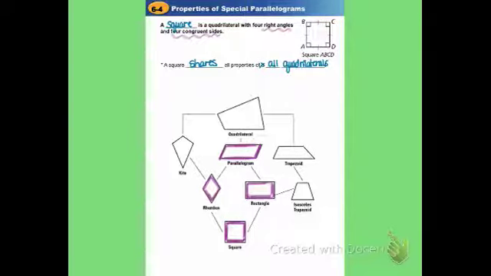Families, people in families, they share traits, they share genetic makeup. For instance, my children actually have all of my genetic DNA along with my husband's as well. In fact, they even have genetic DNA from all of their biological grandparents and great-grandparents and great-great-grandparents, because those things are all passed down through the generations to direct ancestors and beyond. And so we can think about all the quadrilaterals and how they're organized in a family tree or